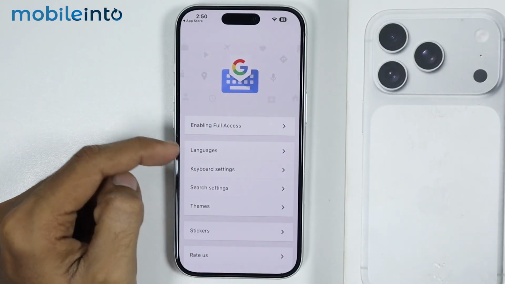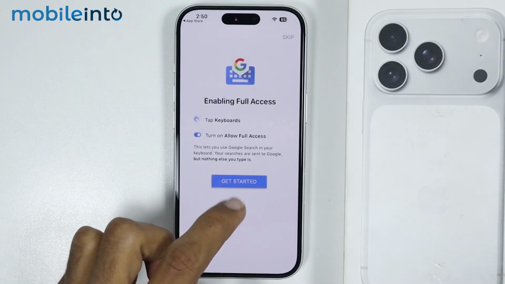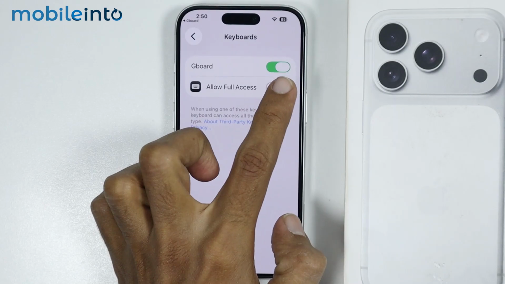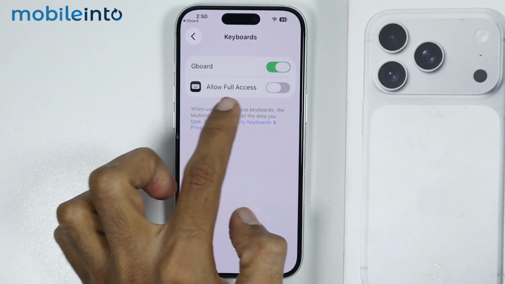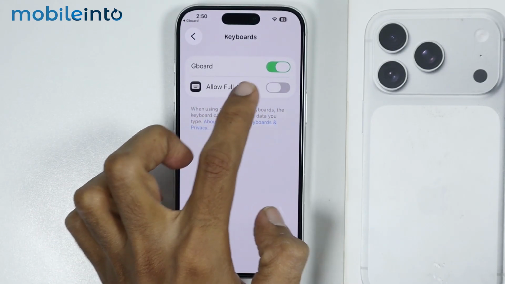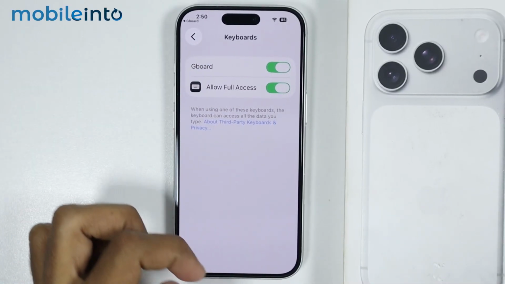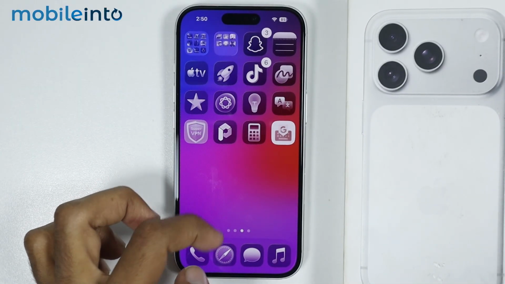From here, just tap on Enabling Full Access. Tap on Get Started, then tap on Keyboards. Now just make sure you enable the toggle for Gboard and make sure you enable the toggle for Allow Full Access. Select Allow, and after you enable both of these toggles, then go to your home screen and open the